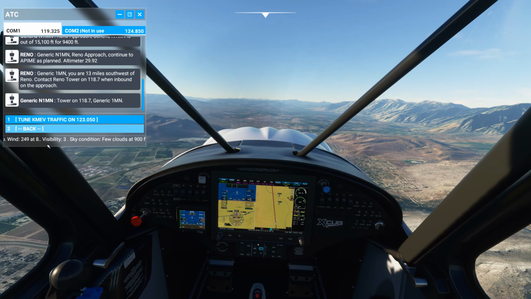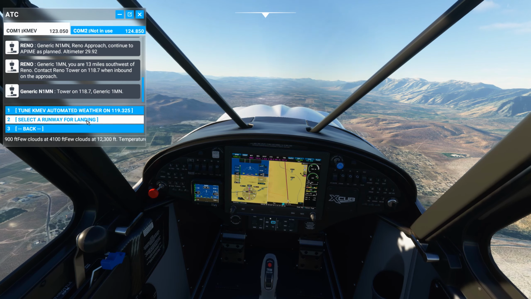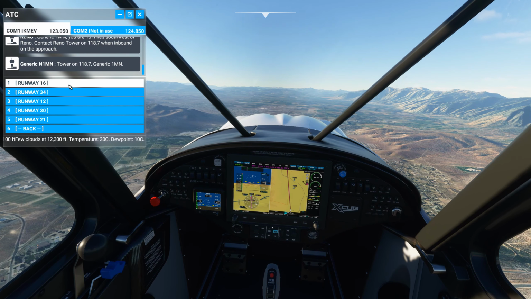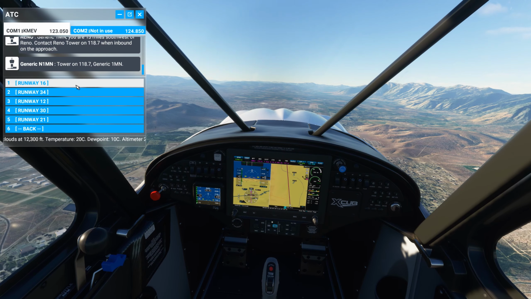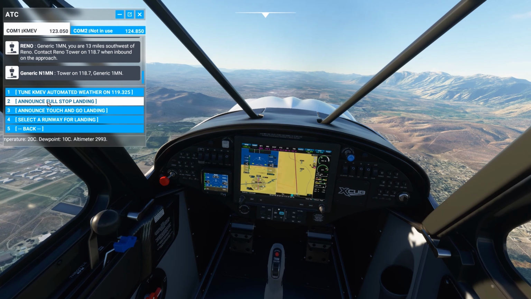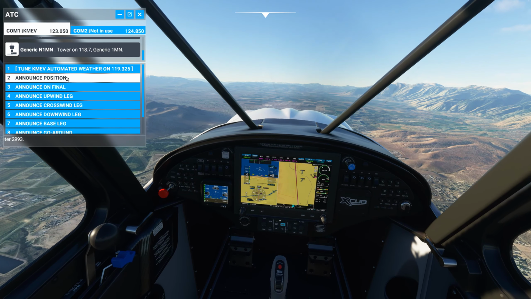Okay, so we've got our automated weather update. Big thing there is wind is 249 at 8. We'll tune back to the traffic now. We're going to select that runway for landing. Remember we had said we're going to select runway 160. We're going to announce runway 160